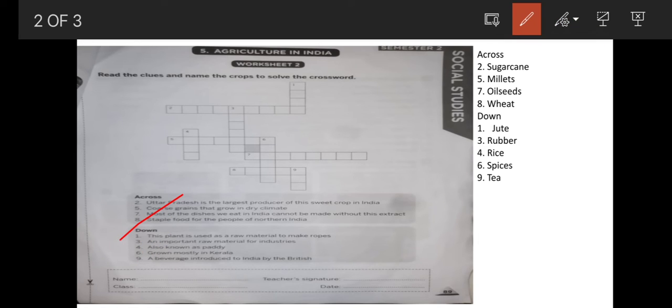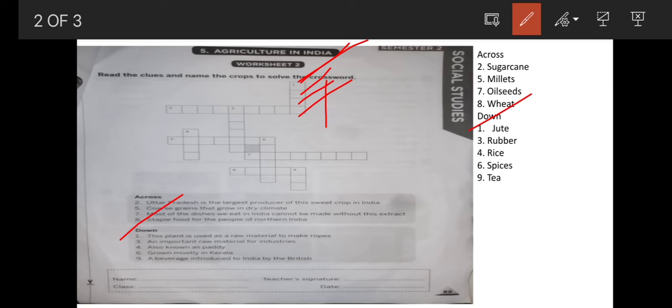This plant is used as a raw material to make ropes. The answer is this is 1. What we have to write here vertically, downwards, that is jute, right? Jute. So jute is grown by the farmers, and from jute, what do we get? We get